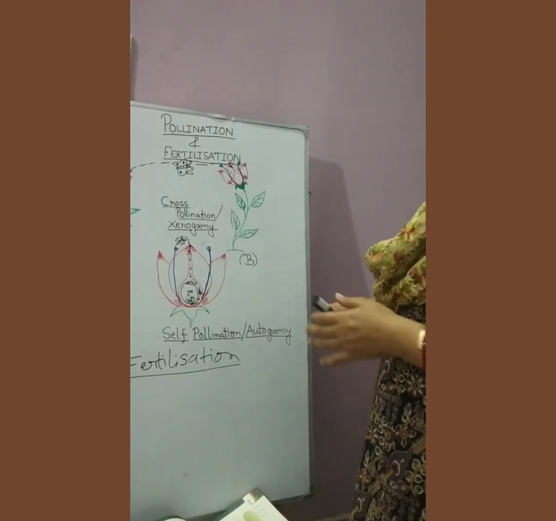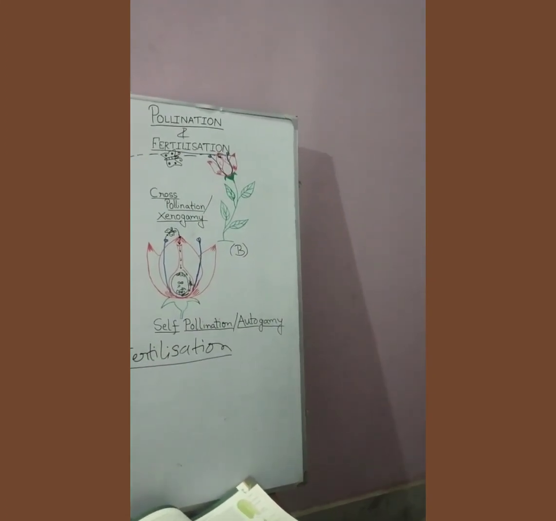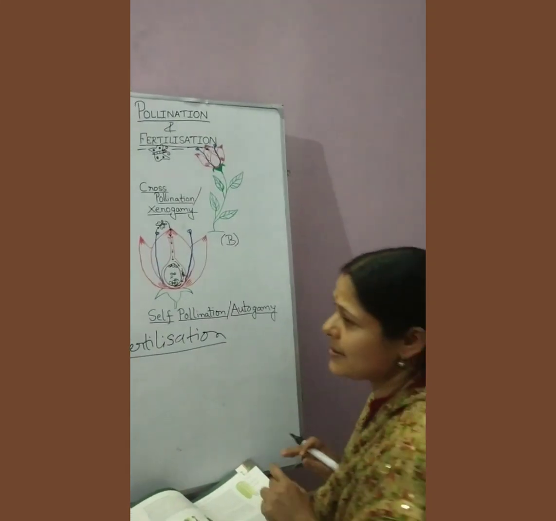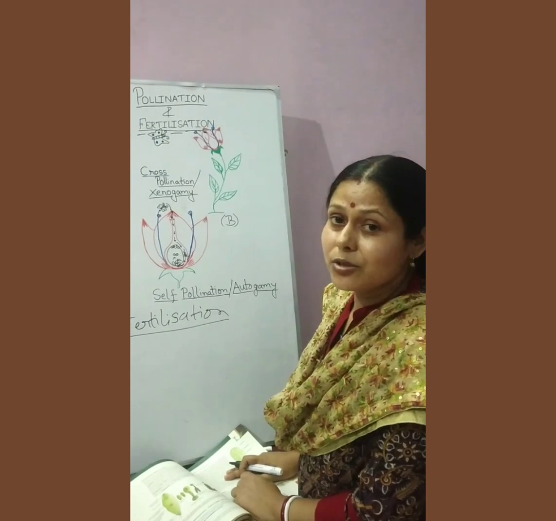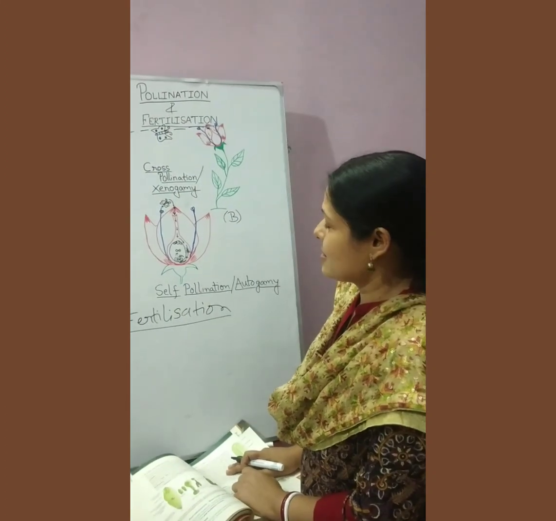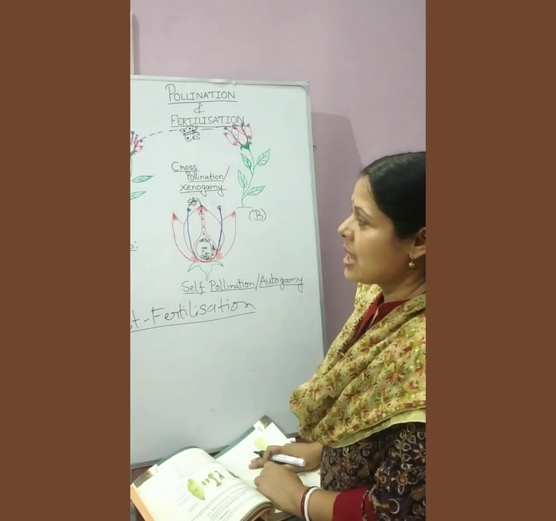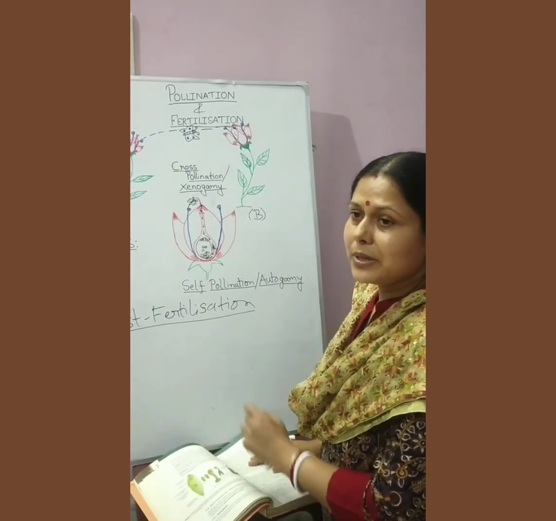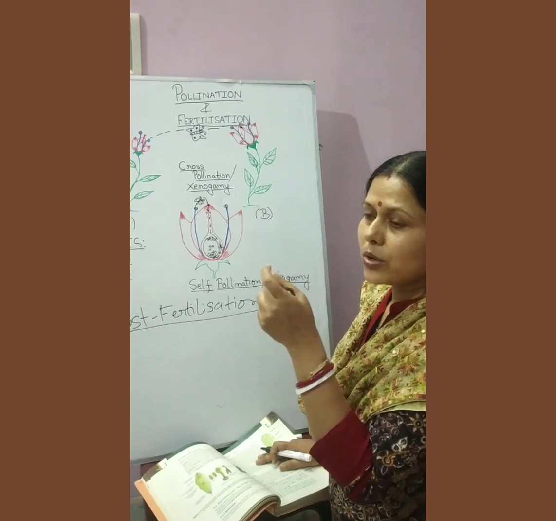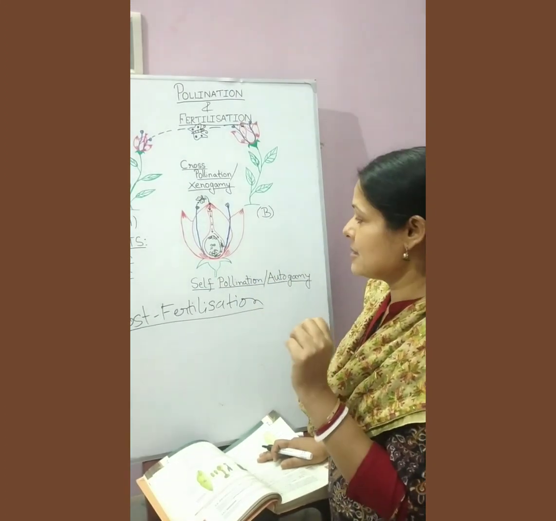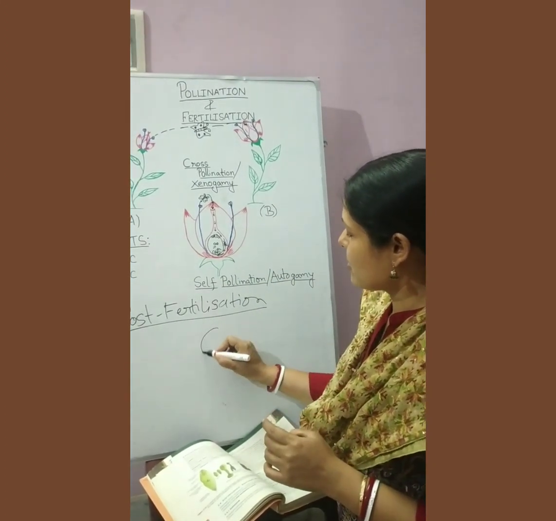In case of seed, when the seed formation takes place, you remember the nucellus? The integuments turn into the seed coat, and that will become harder. And the micropylar end will be represented by a small opening or a small pore through which water or exchange of gases can take place inside the seed. Now if you see a typical dicot seed,